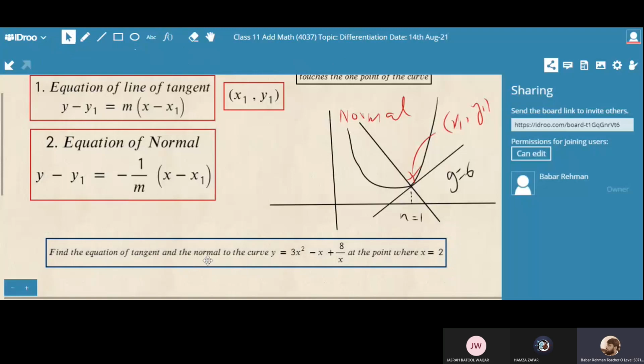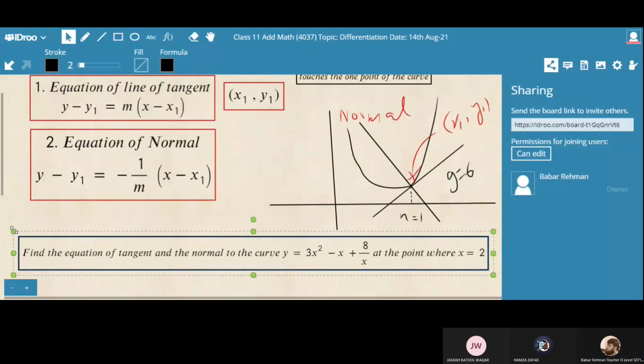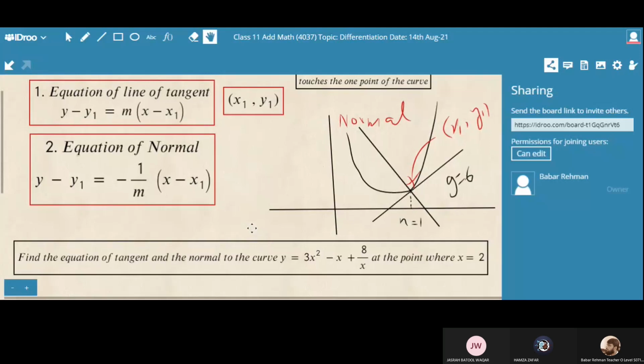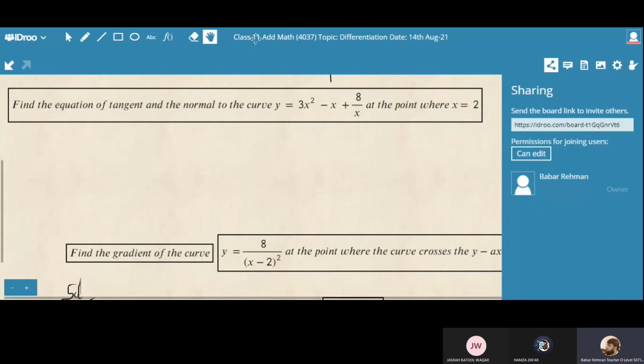Okay, students. Now, are you ready for this? Should I do this question for you, or will you do it in your notebook? Hello? Can you do it, or should I do it for you first? Are you there? Jarsa, are you there? Yes, sir. So, should I do the first question for you, or will you do it by yourself?